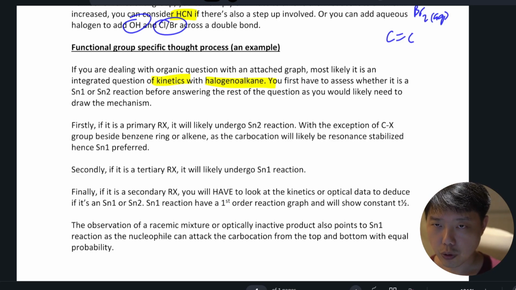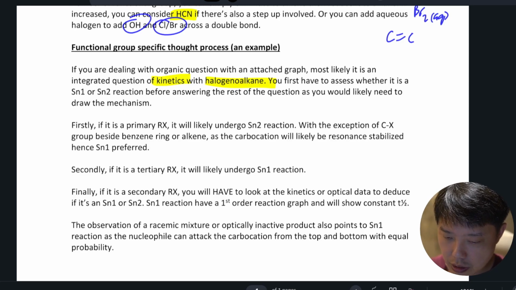Okay, so for a student, what do we first have to do? We first have to assess whether it is an SN1 or SN2 reaction before answering the rest of the question. How do you tell whether it is SN1 or SN2? If it's a primary halogenoalkane, likely it's SN2. Okay, there is this exception which you have to keep in mind. If there's a CX group, halogenoalkane,